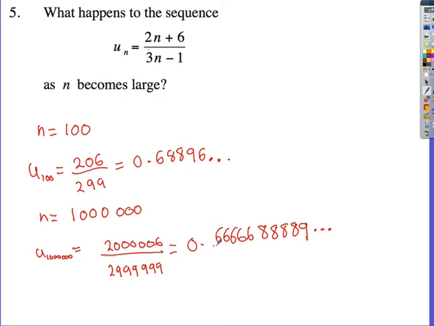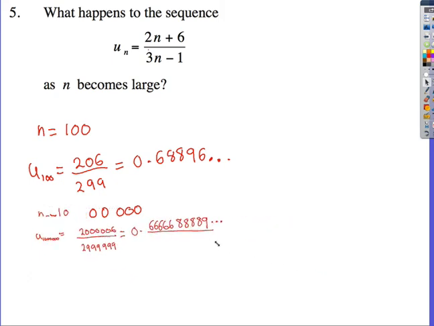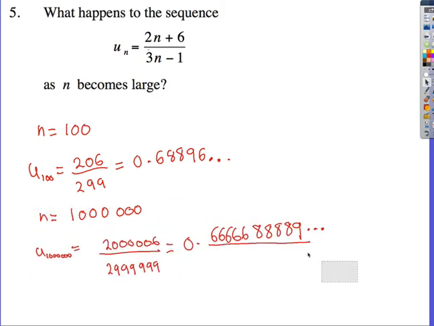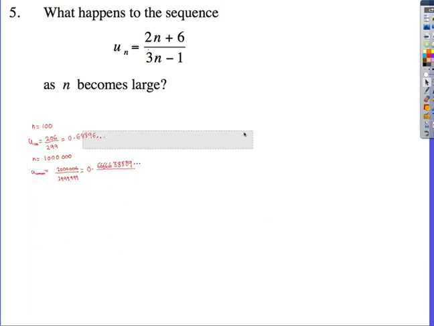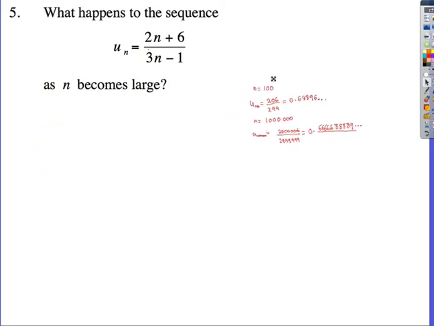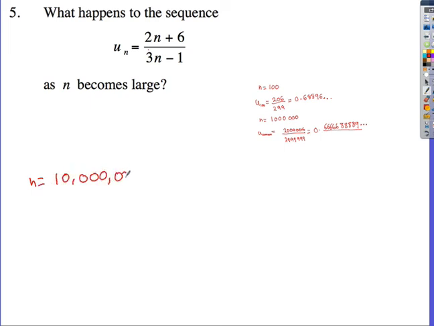What do you notice with these numbers? Now, try it for something even larger. And if you try something really, really large, for example, n is equal to 10 billion, then